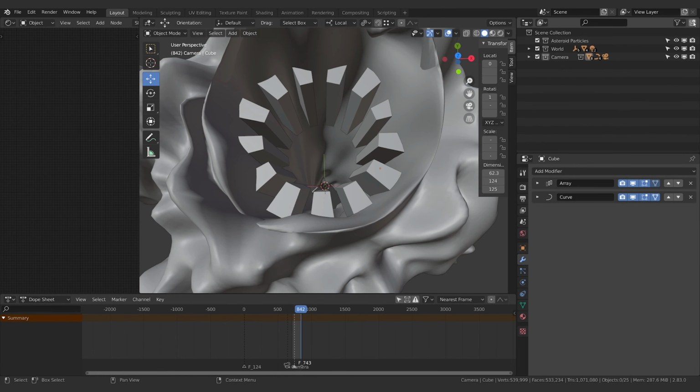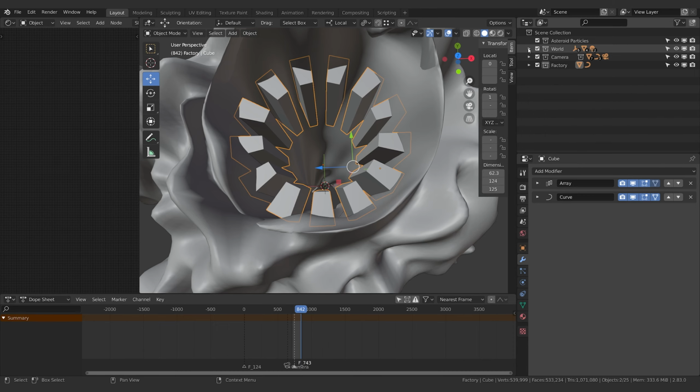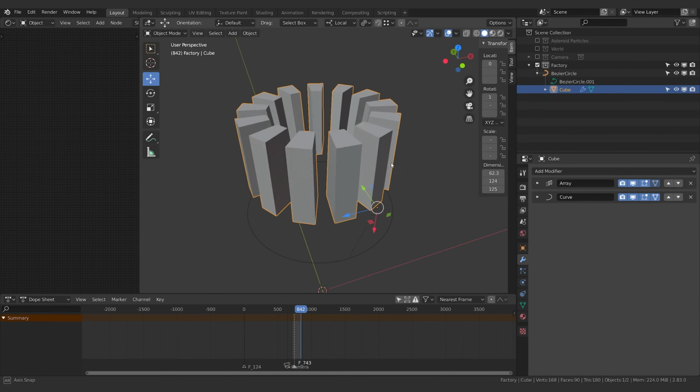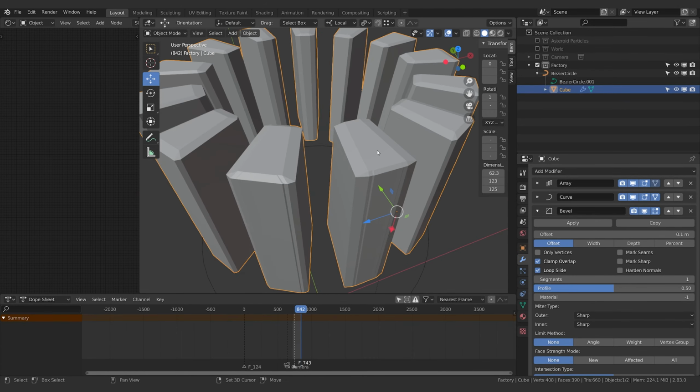All right, I'm going to just create a new collection here, and I'm going to call it Factory. This will eventually be the collection we put everything in. And I'm going to come over here to what we just made, our Bezier circle and our cube, and I'm going to drag them over into Factory. Now it's easy. What I can do is I can just turn everything else off and just focus in on this. Now, I'm going to add in a bevel modifier and